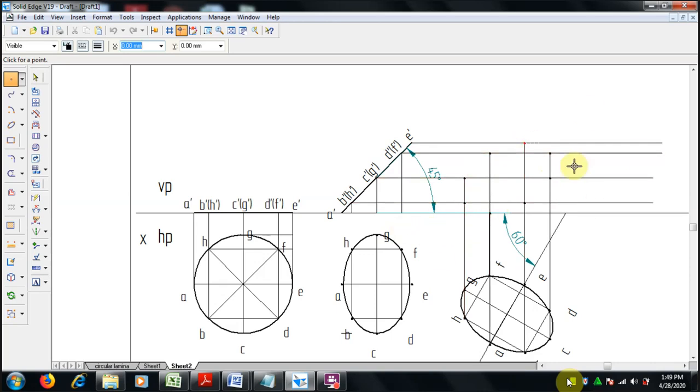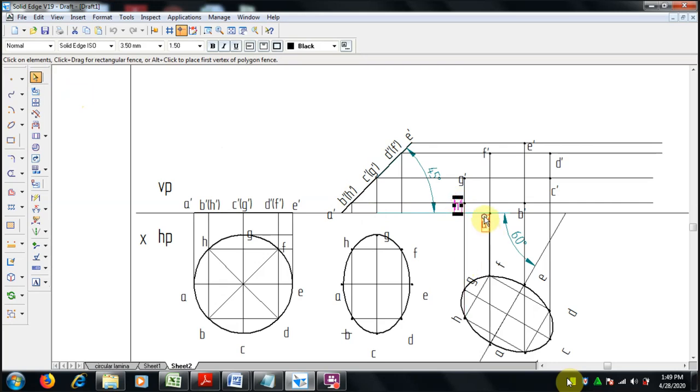We can mention the names for the points by clicking text. Now the front view: A dash, B dash, C dash, D dash, here E dash will come, F dash, G dash, and H dash. So we got the points as well as the names mentioned for the points.